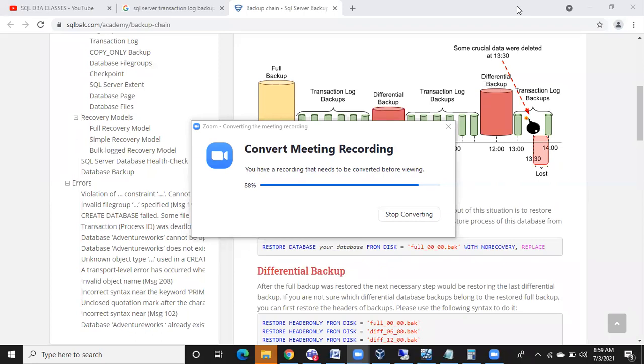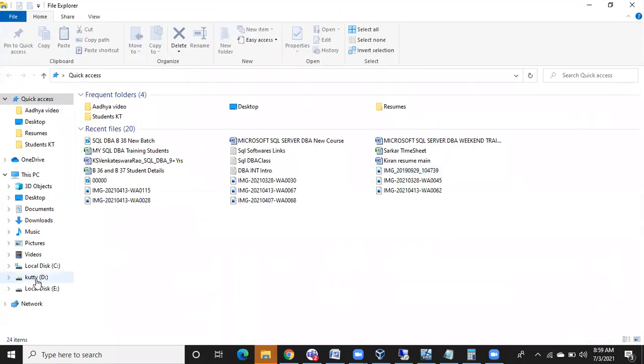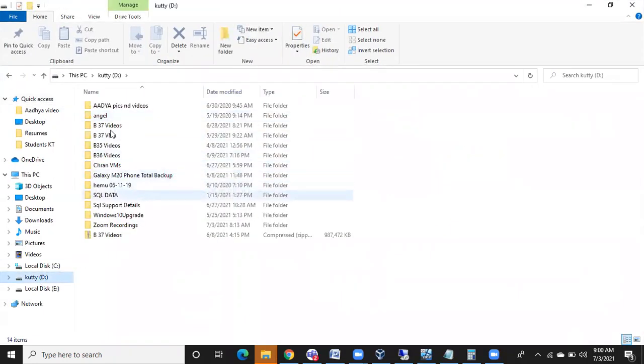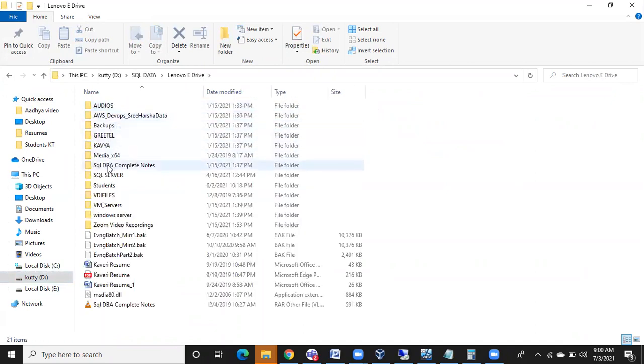So what is the query for split backups? Same query. It's not a big query, very simple. Let me get back the query for you. Backup database name to disk is equal to, to disk is equal to. Depending on how many disks you want, you simply mention them in the query, that's it.